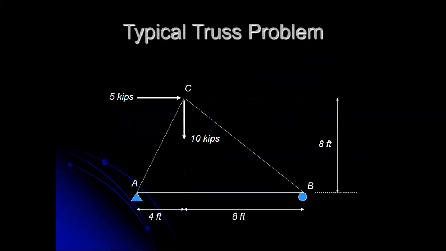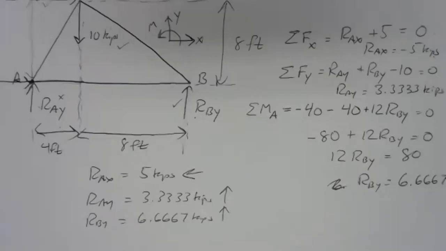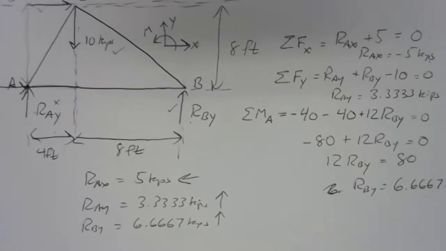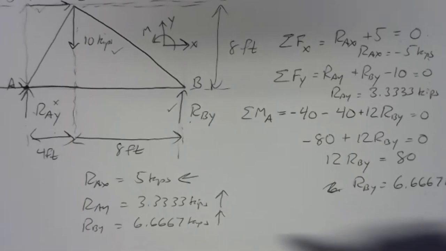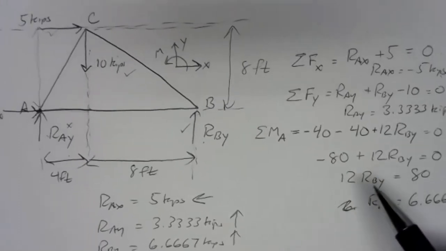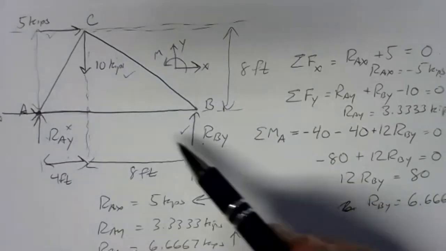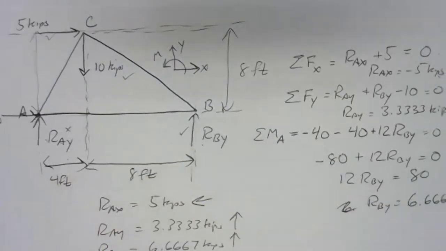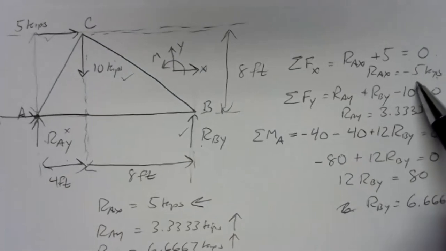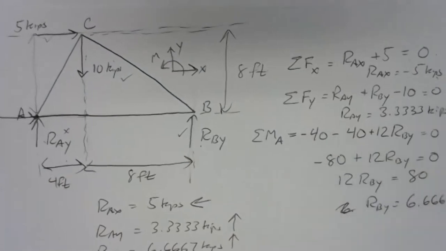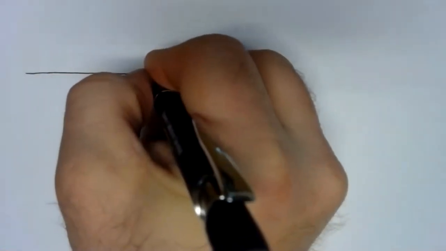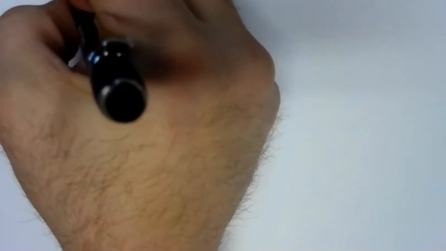So we'll go back to our typical truss problem here. And the first thing I'm going to do is carry our information forward into a new drawing. Good idea generally, once you've solved the external problem, to resketch the problem with the right forces drawn in. So if you found places where your assumptions were wrong, that's the point to correct them. So over here, I'm going to redraw my truss with